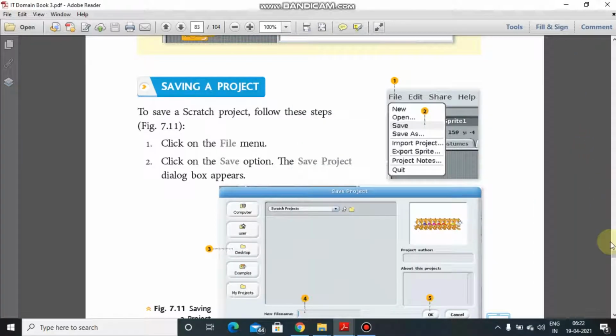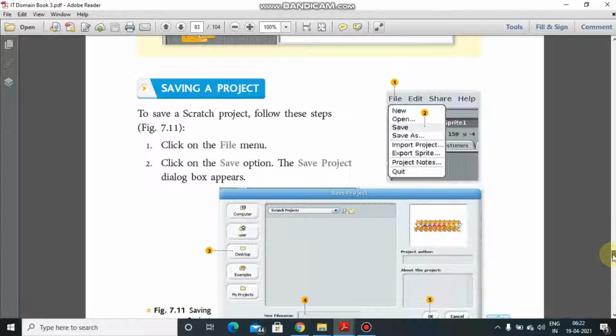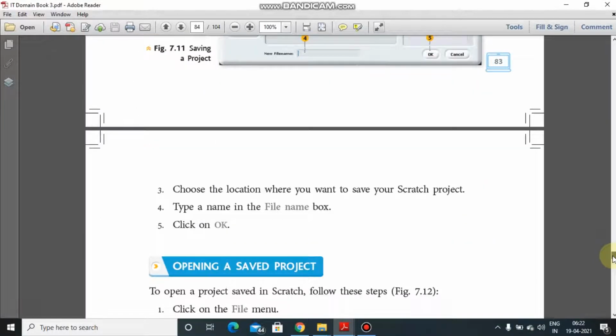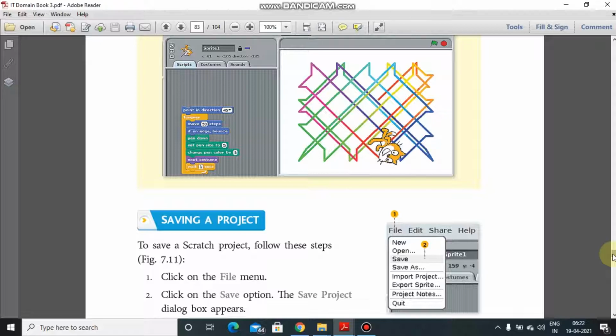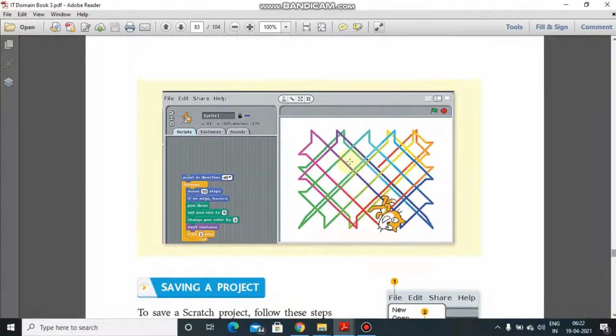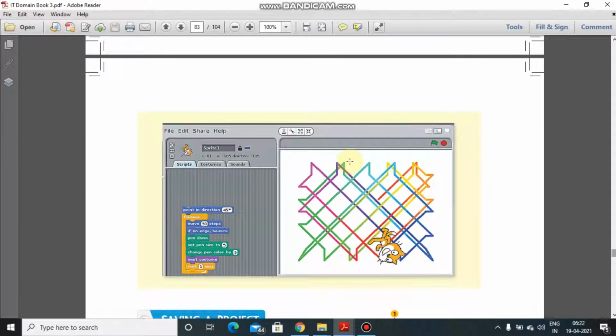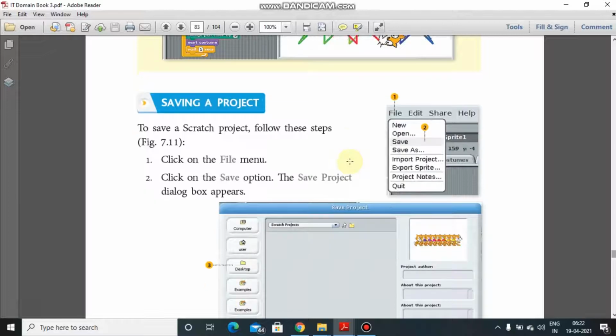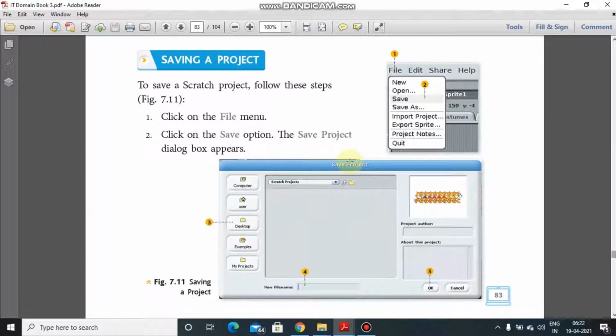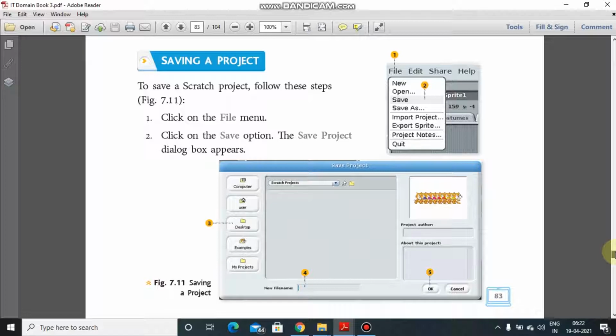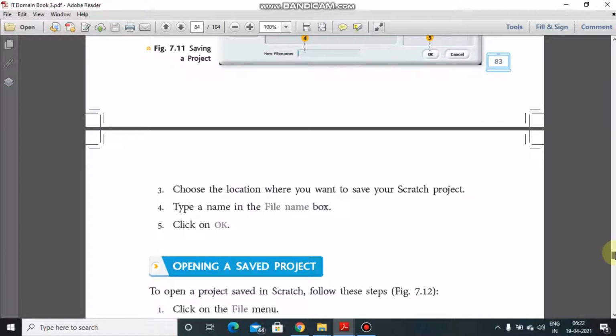It is not necessary that you have to do the projects which are given in the book. You can do it on your own itself. You should be aware and capable of combining different scripts and should be able to forecast what action will be performed if I'm using this script. If I'm connecting these scripts, what will be the action? Or how can you change the action of the sprite, that can be explored and experimented by you